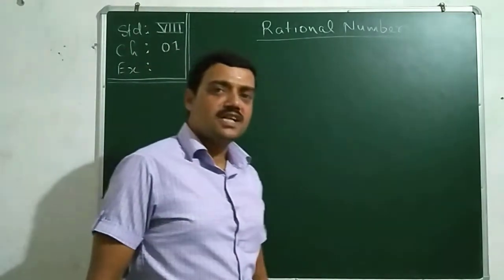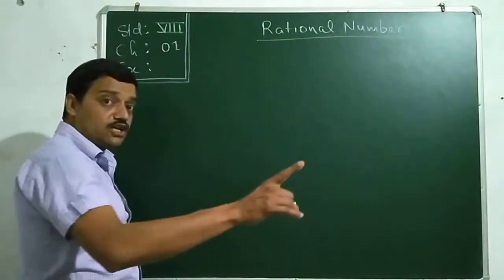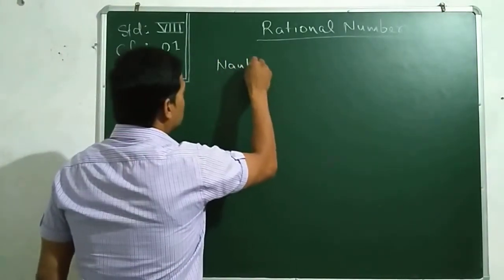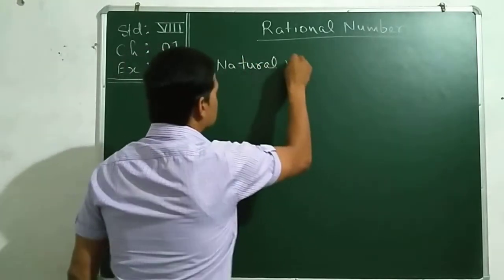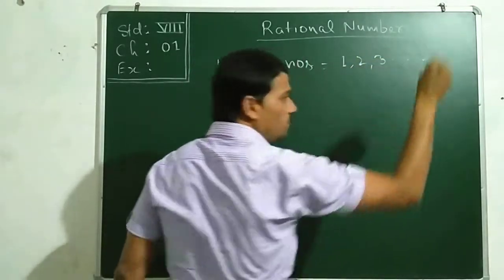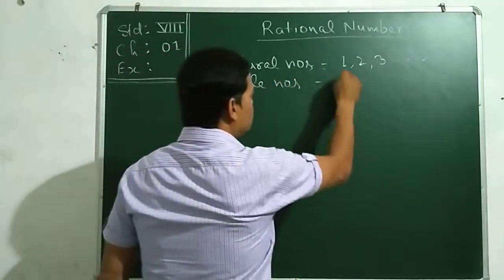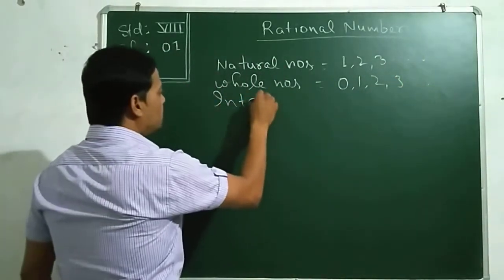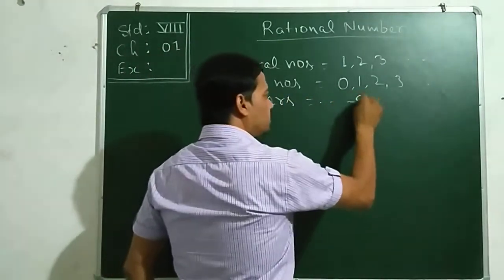In the previous class, standard 7, you have learnt about natural numbers or counting numbers. Remember that. Natural numbers or counting numbers are 1, 2, 3, 4 and so on. When we discussed whole numbers, they were 0, 1, 2, 3 and so on. Thereafter you learned integers also. Integers included the negative